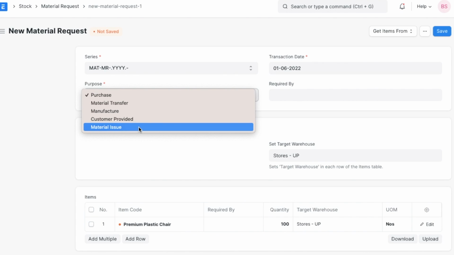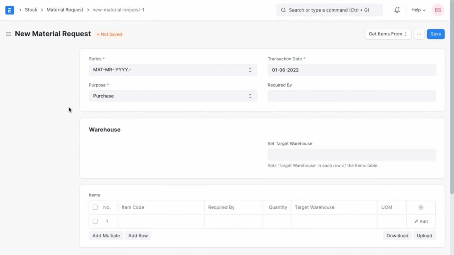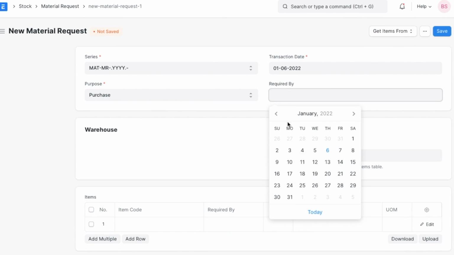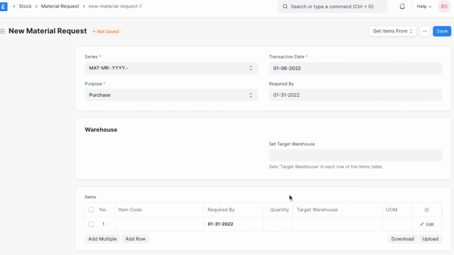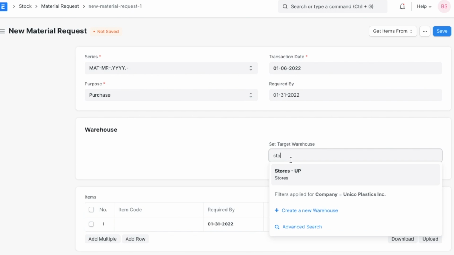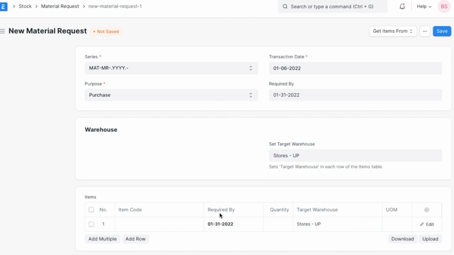Lastly, Material Issue if the material is going to be used for manufacturing or another purpose. Next, we will add the date by which these materials are required and set a target warehouse for these materials, which will be set in each item in the items table as well.